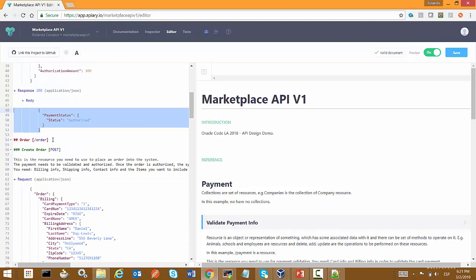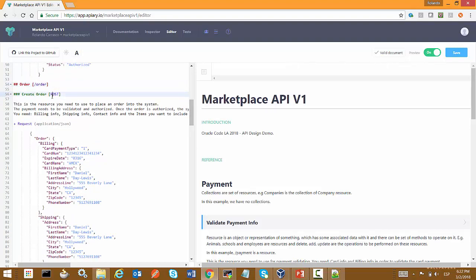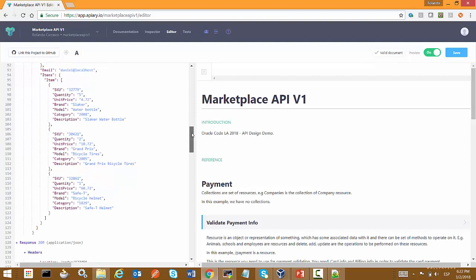And the next resource is to create orders in our system. I'm using an HTTP POST in order to receive the order information. I'm going to receive information about billing, shipping, contact, and the list of the items that I need to include in my order, such as this information: SKU, quantity, unit price, brand, model, category, and description.